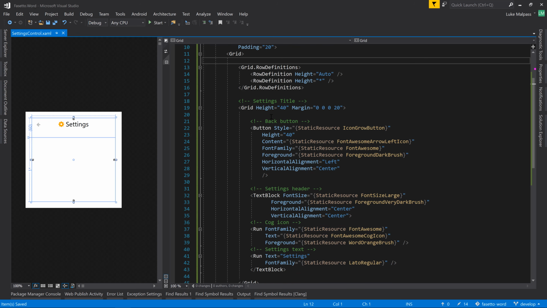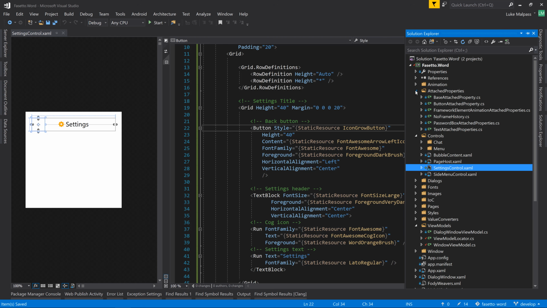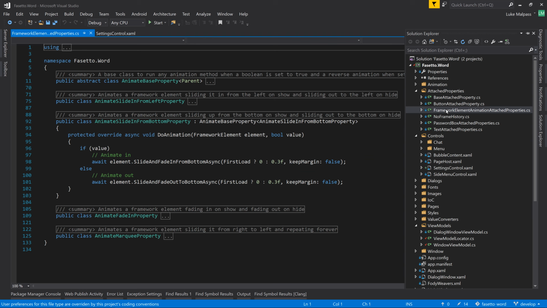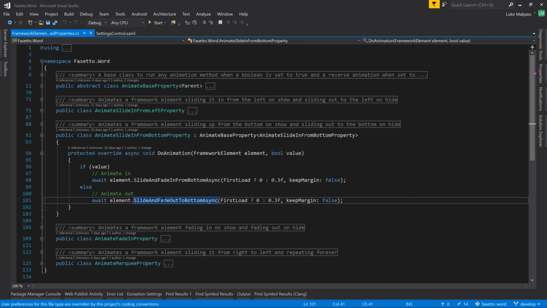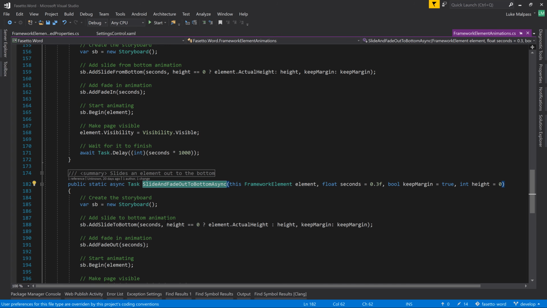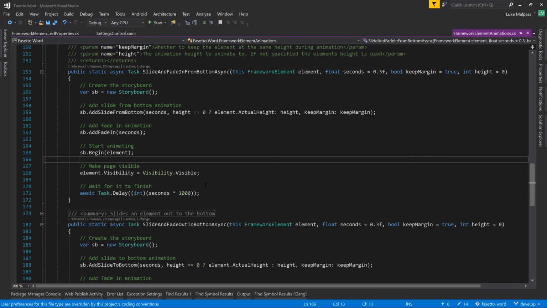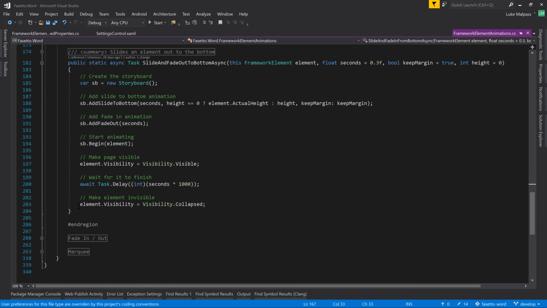So let's go back to, I'm pretty sure this collapse thing is what's broken the animation. So I think it's going to be when you slide in, because it's collapsed. When you slide in, we start the animation, we add all the stuff, we begin, and we make it visible. So actually, no, that should work, because it's visible. But just to check, let's